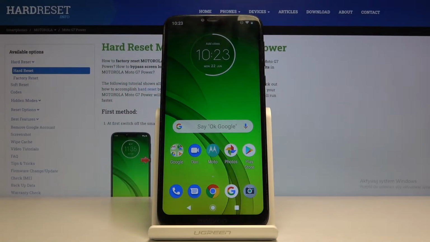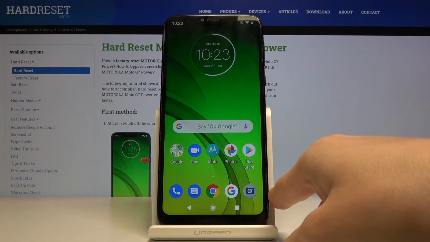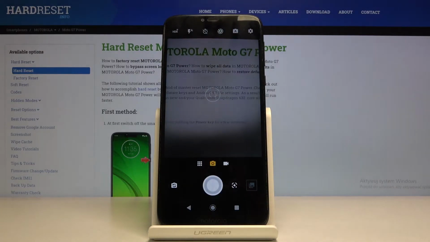Welcome, here I've got Motorola Moto G7 Power and I'm gonna show you how to turn on and off the camera grid lines at this device. So at first you have to click on the camera button to open the camera app,